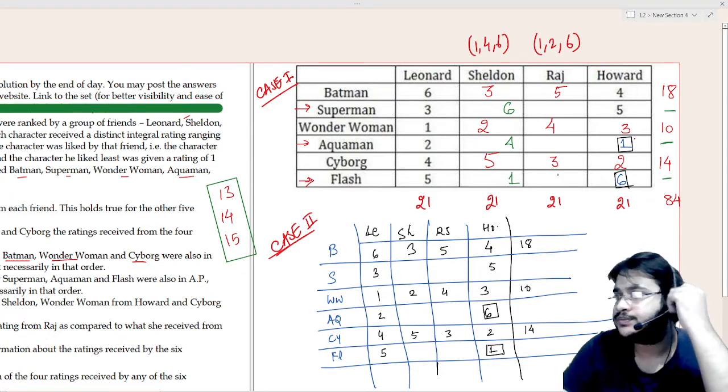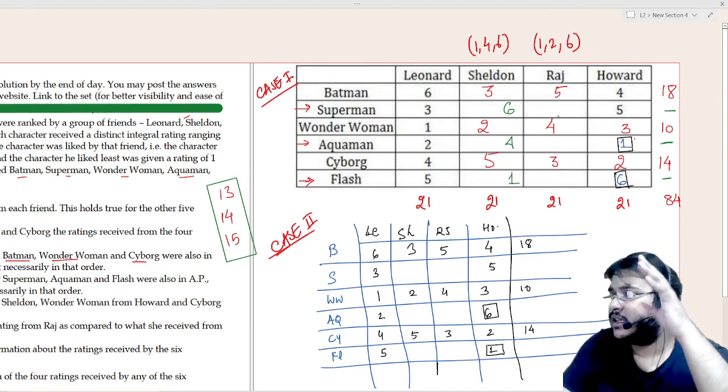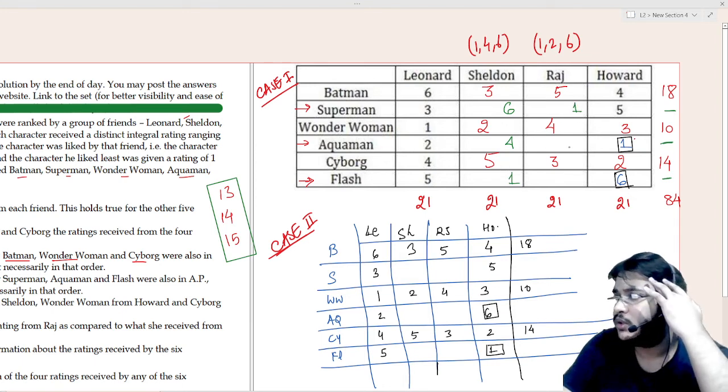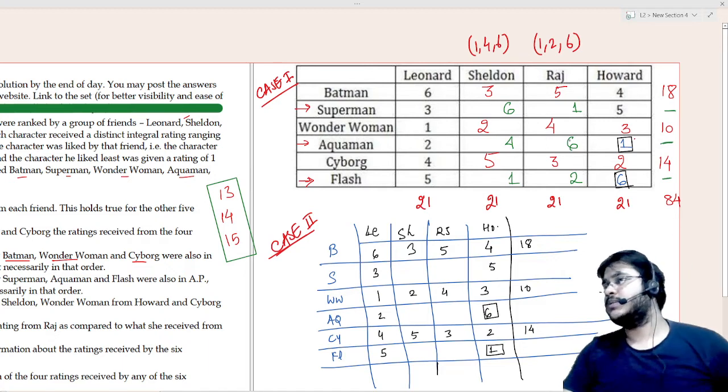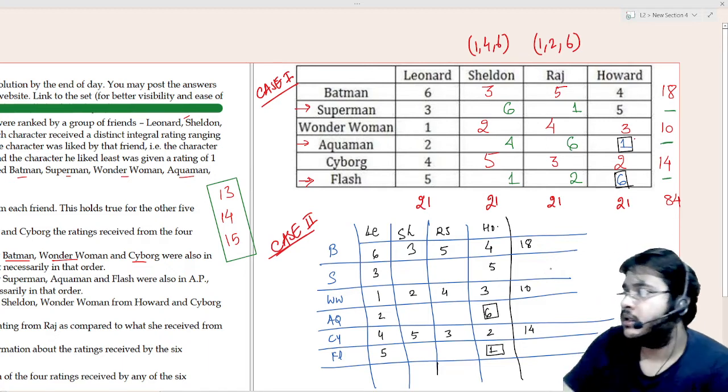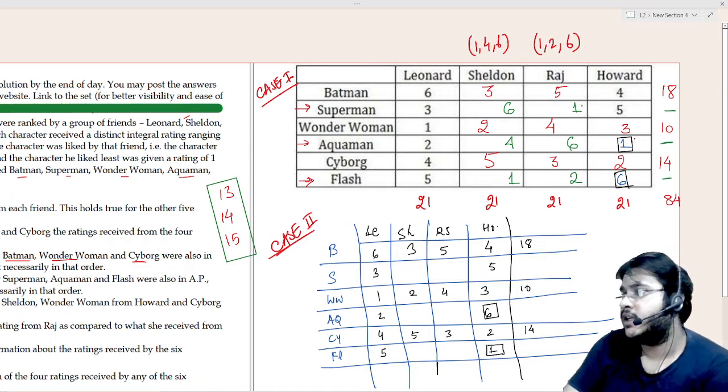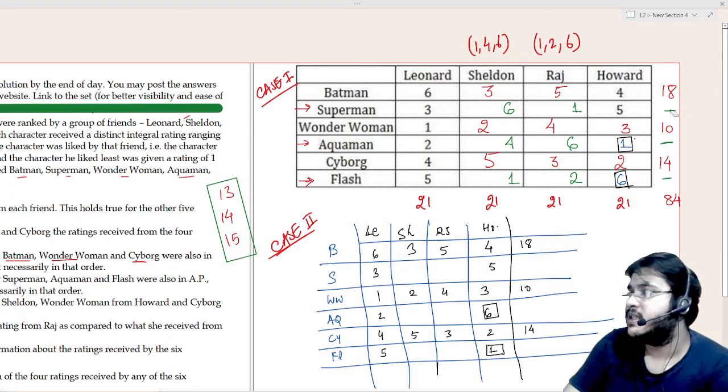What can I do? Let me start off with 1. Let me put 1 over there, and let me check where I can put 2. 2 can't be there, so 2 has to be there. And where can I put 6? 6 is there. So is that making sense? 6 is all the way in this place, not harming anything. 1 is all the way in there. So this basically is the